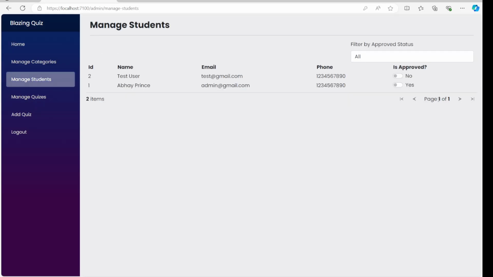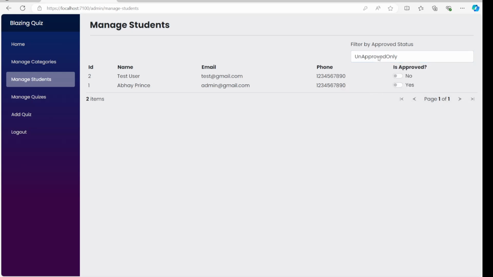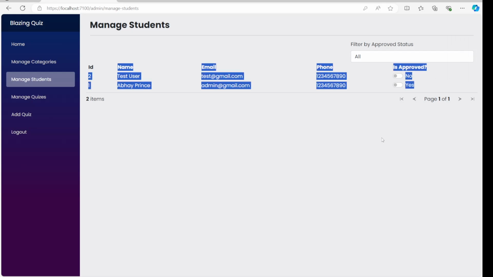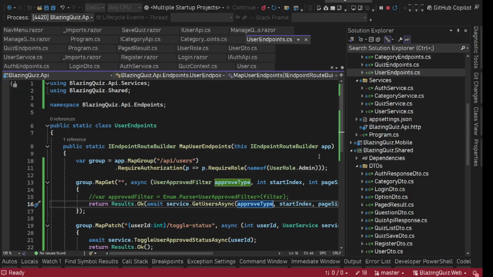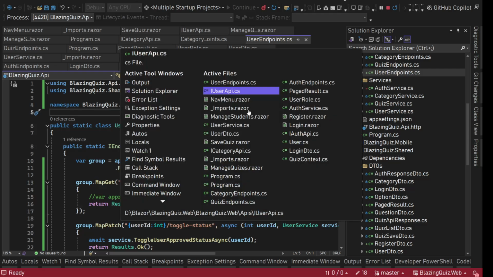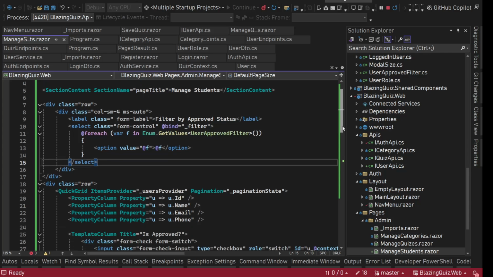Now we can see this. We have this paging, we have these no and yes, all approved only, unapproved only. We'll change these as well, but right now we can at least see these things. This approved status is not correct. We'll fix this. So for this, what we need to do, if we go to our page, manage students, here